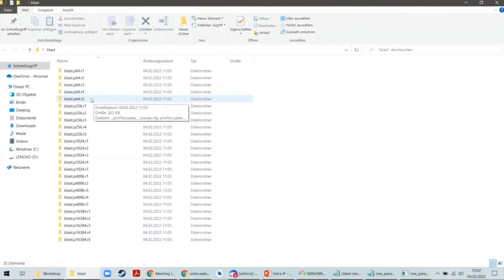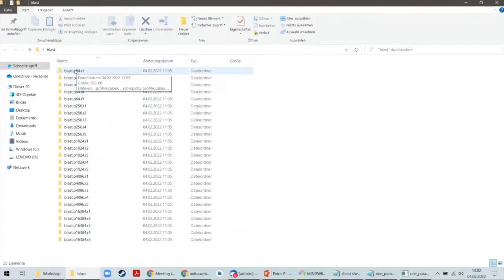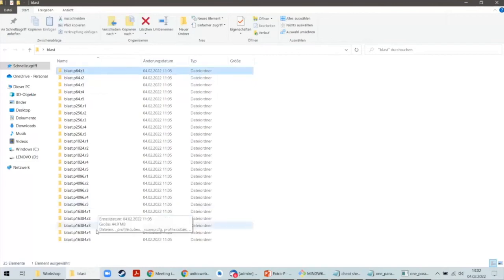And now for this code here, you can see we measured a lot of different configurations. So our parameter here was the number of processes, starting from 64 until 16,000. And then for each of these configurations, we did 5 repetitions. So here you can see the naming convention that we use for each folder here. That is necessary, otherwise ExtraP can't read the data, because it needs to know somehow which data belongs to which